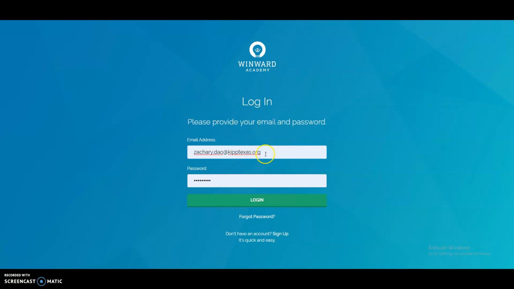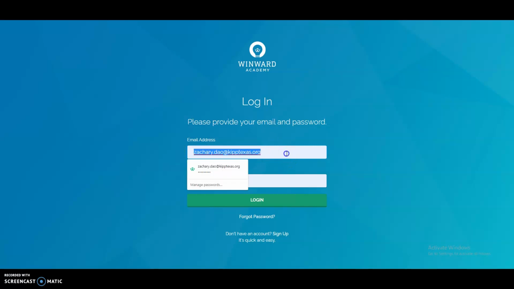When you log in, I have been told that the sign-in information, that means your email address and passwords that you are going to use, that we have already given those to either you or a parent through email or phone call. If that is not the case, please either text me at 832-244-5095 or just message me in the Google Classroom or come to my office hours from 9 to 10. If you have any questions, please don't freak out. Just calmly approach me and we'll figure it out, okay?